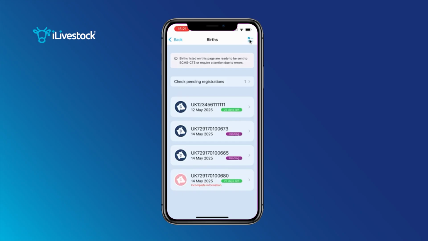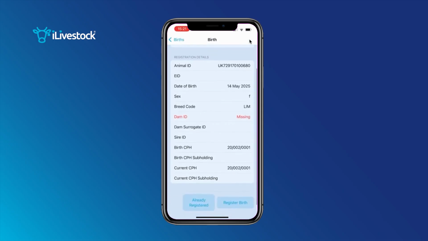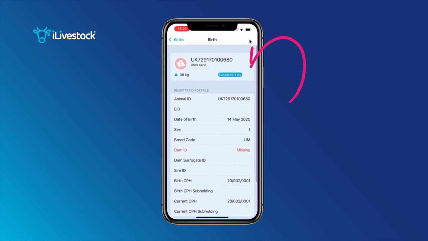First of all, let's check any animals that have any incomplete information. Down here you can see that this animal has red writing at the bottom saying incomplete information. We can tap the animal card to open it, and we can see the information that's missing is the dam ID. To remedy this, we can go to the top of the screen and tap the animal card again, and